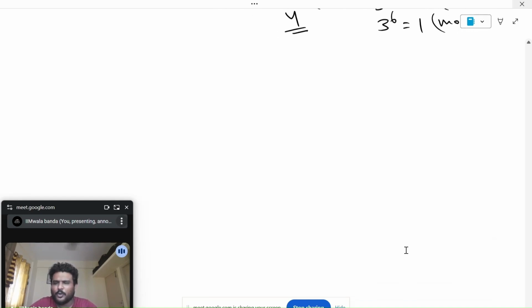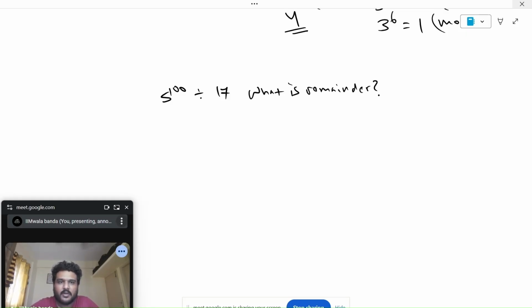So let's understand more with more examples. All right. Let's say 5 to the power 100 when divided by 17, what is the remainder? And keep noting all these questions, okay? So now 5 to the power 100 divided by 17. I know 5 and 17 are co-prime. First, always check this. What can I do? I can simply say that